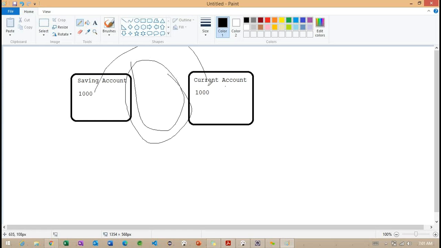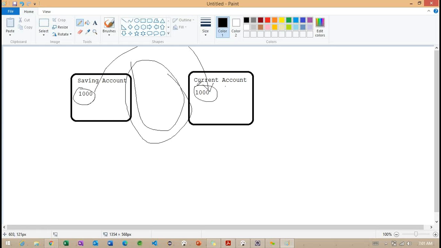Whenever we transfer this 1,000 rupees from the saving account to the current account, it is going to perform two operations. First, the 1,000 rupees needs to be debited from the saving account, and the same 1,000 rupees needs to be added into the current account.